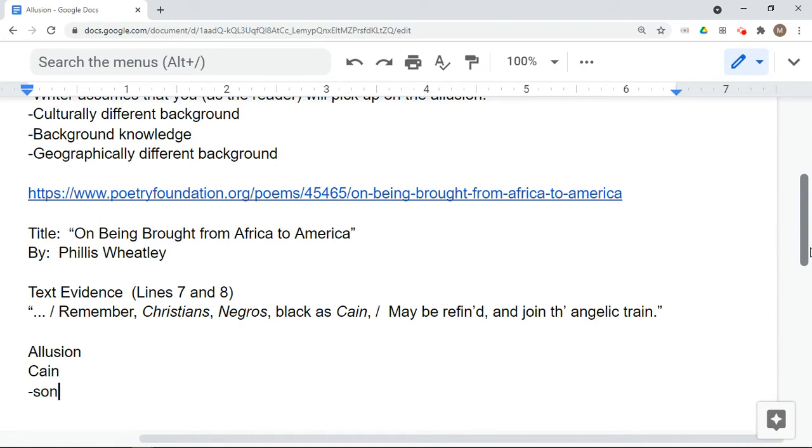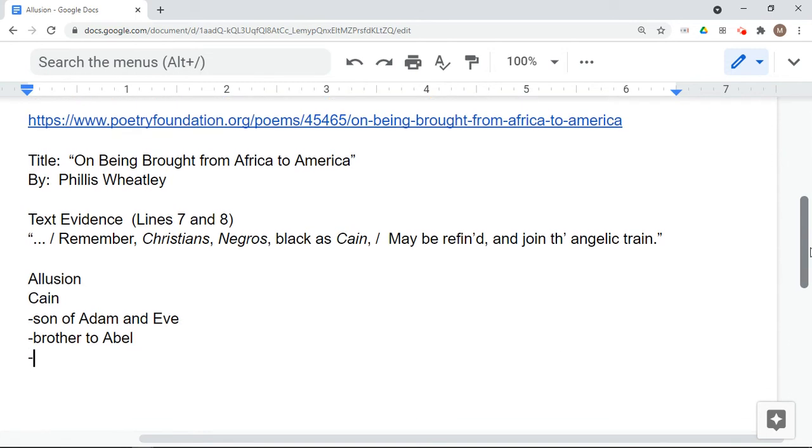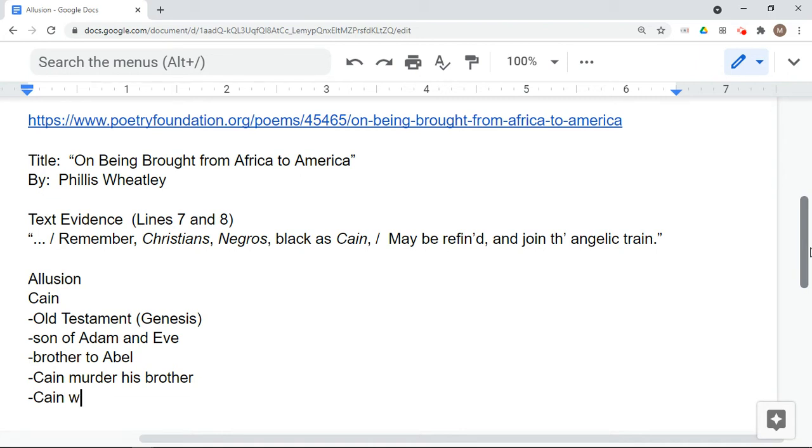Well, we know that he was the son of Adam and Eve. We know that he was also brother to Abel. We know that this Cain is referenced in the Old Testament, and you could even be more specific in Genesis. We know that Cain murdered his brother. And why did he murder his brother? Why did he murder Abel? Well, because Cain was jealous of Abel. So Cain was jealous of his brother,